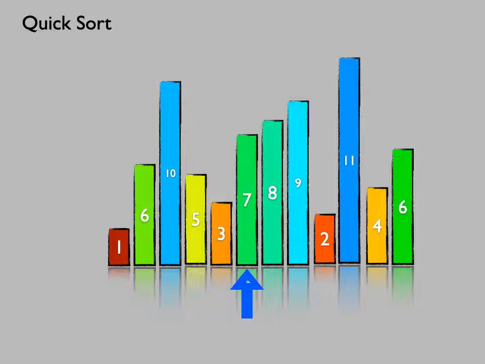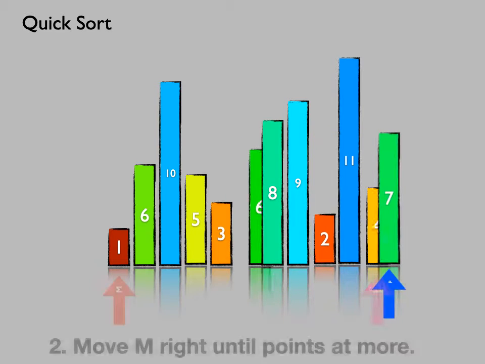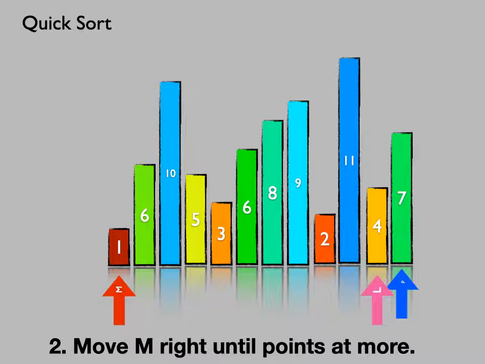So the first thing we do is we pick a pivot point, and then we move the pivot point to the end of the list. So our pivot point is 7, and we're going to move it to the end. So far, so good. Now, for all the numbers in front of the pivot point, we're going to have the items to the right and the items to the left. And we're going to start with the rightmost item and the leftmost item. And what we do is we move the right item left